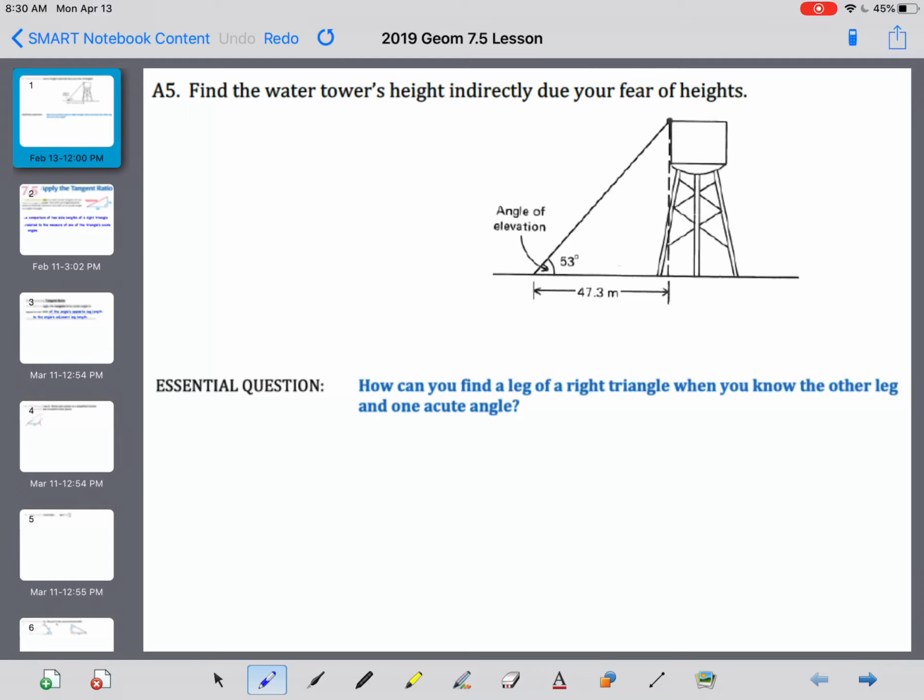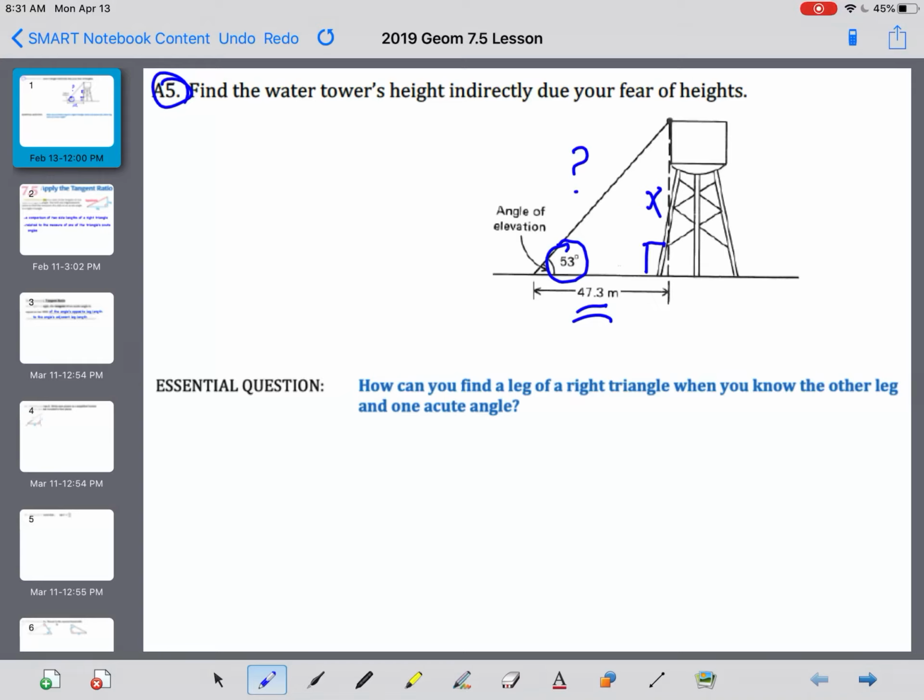Previously, we dealt with the Pythagorean theorem, where we had a right triangle. We knew two sides of a right triangle, and we were looking for the third missing side. Now this problem here, this A5 problem with the water tower, you can see we have a right triangle. We know one side, looking for this height here, and we can't use the Pythagorean theorem because we also have an unknown hypotenuse. We do know this angle here, and with that angle and this 47.3, we can find it,